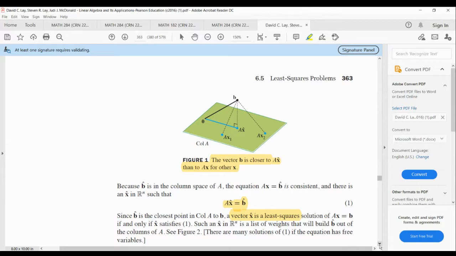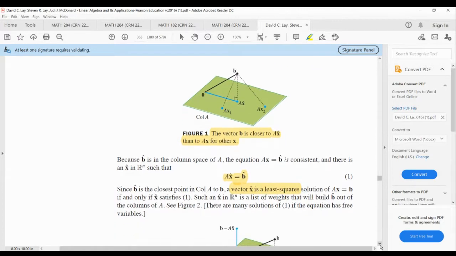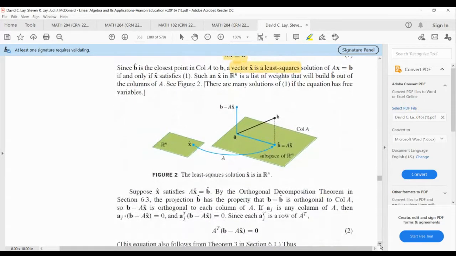Okay, how do we find that? Because we cannot get this projection vector b hat by what you learned in section 6.3, because we're not assuming that the column vectors of the matrix A are orthogonal. So we need a more general approach to get that projection vector. And here's what we do. We note that if we were to take the difference between the vector b and the projection vector A x hat,